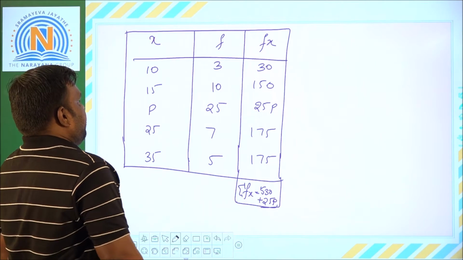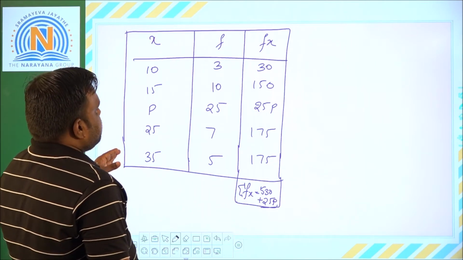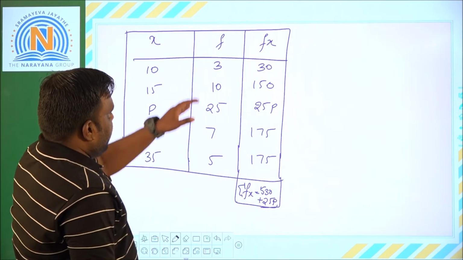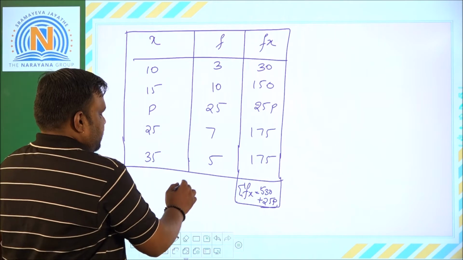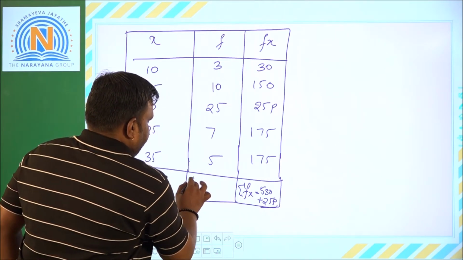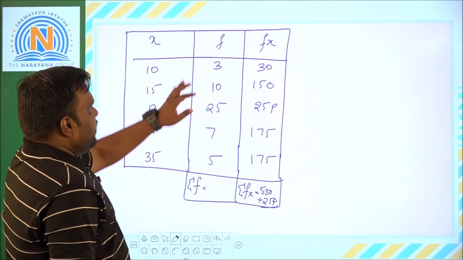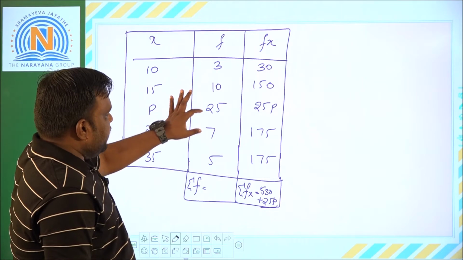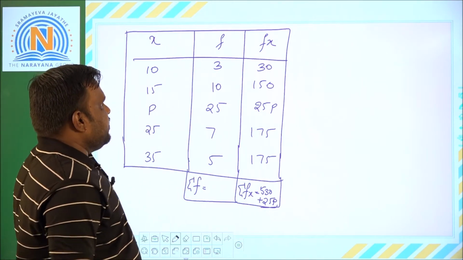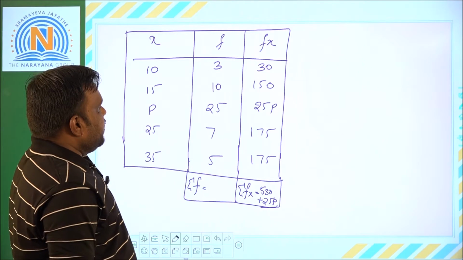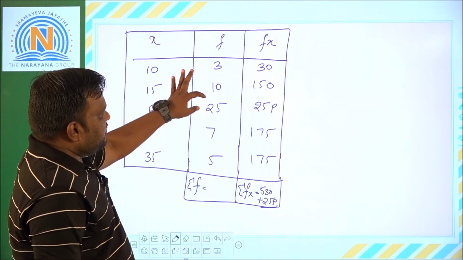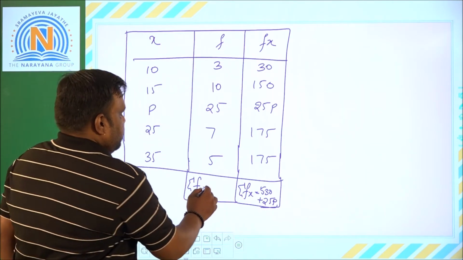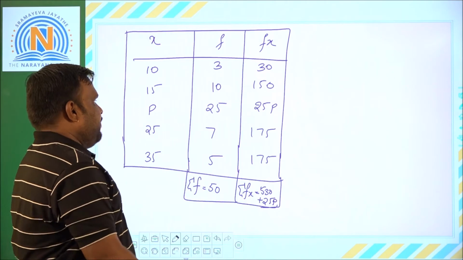And when you come to the observations and the frequencies, when you add the frequencies, this sigma f, that is the n value, will be 13 plus 25, 30 plus 13 plus 7 will give you 20. And 12 plus 25 will give you 37, plus 10 is 47, plus 3 is 50. So this is 50. Sigma f, you got it.